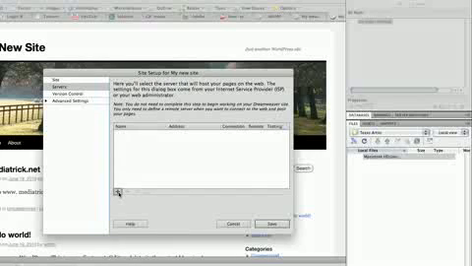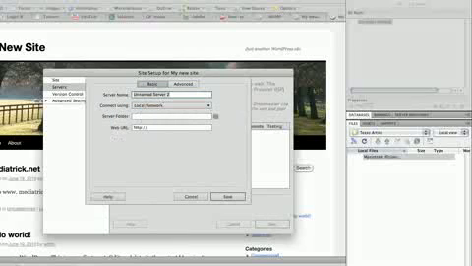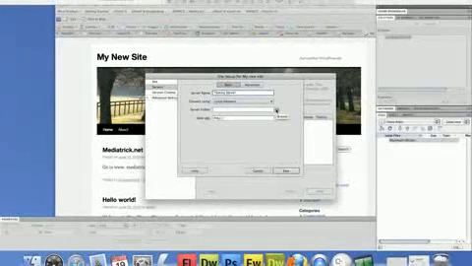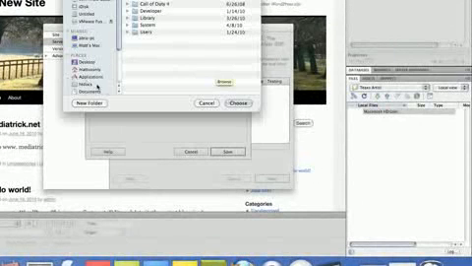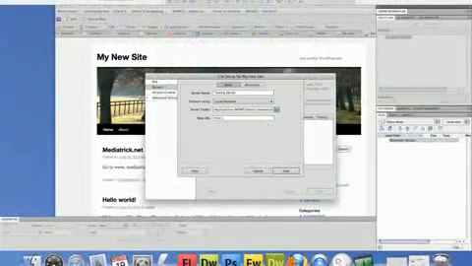It's real simple. Click the Add button. And then we're going to select Local Network. Let's call this Testing Server, or you can put the name of your site in there or whatever you want. Now you need to tell it where the server folder is, which is back in htdocs inside of My New Site. So let's go there and click Choose, and then the URL is going to be localhost